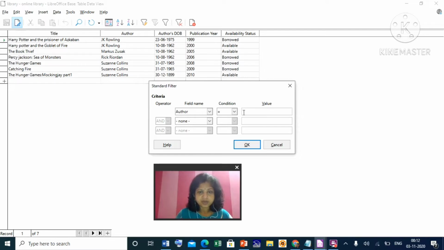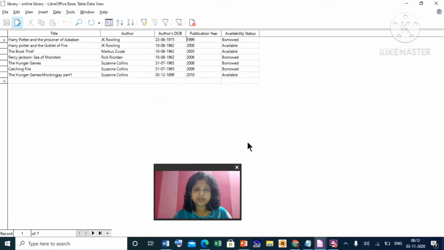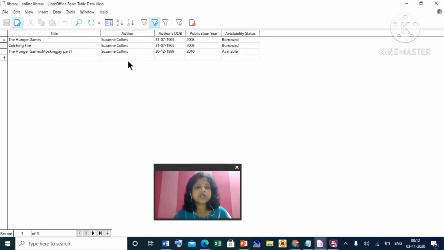You can type it here. Spelling should be correct, along with whatever uppercase or lowercase you have applied. Click OK. See, only Susan Collins is shown. So this is filter, and the previous one was sorting.